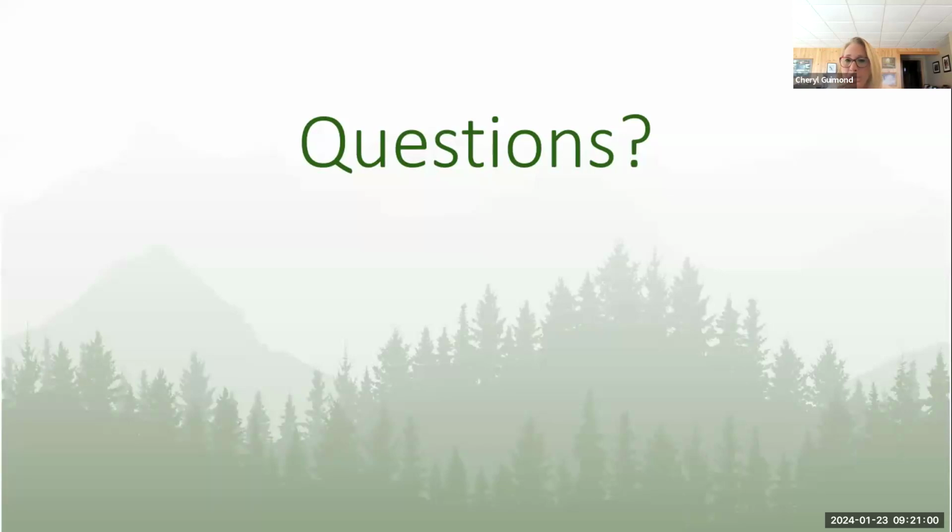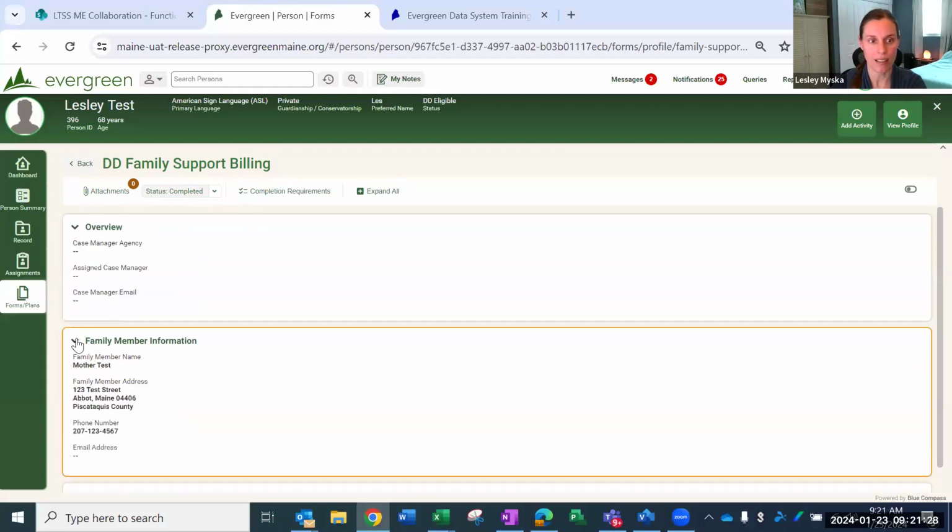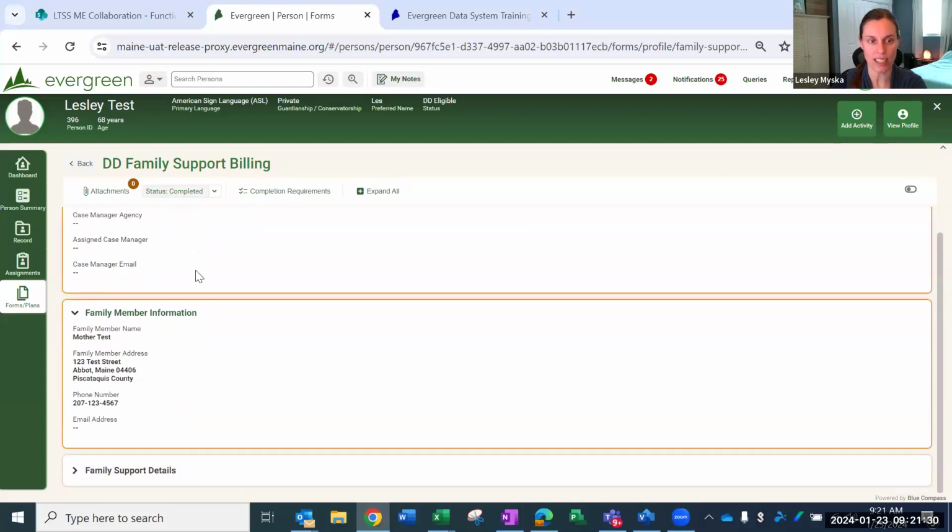In fact, actually, I'll take the screen share really quick and just show you again because I didn't explicitly show that. Well, I think it's just a matter of saving it somewhere and then. Yeah, that's what I'm going to show you, where you do that. So the form submitter themselves, so whoever fills out the form, they can actually print. I'll just use this one. We already completed it. It's in an approved state. But what they can do is they can